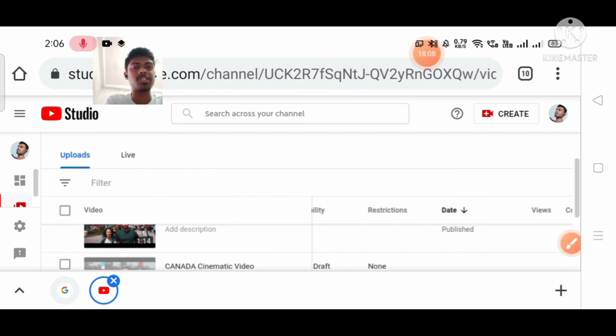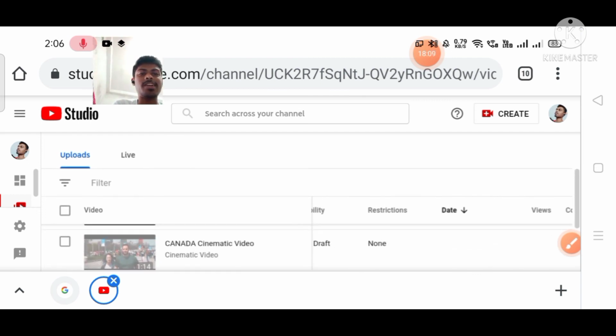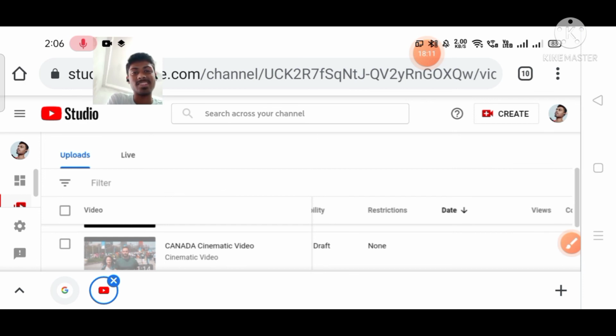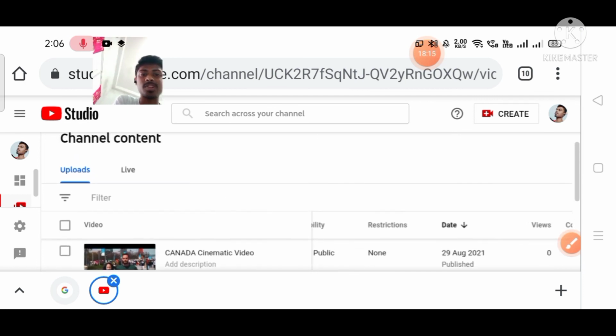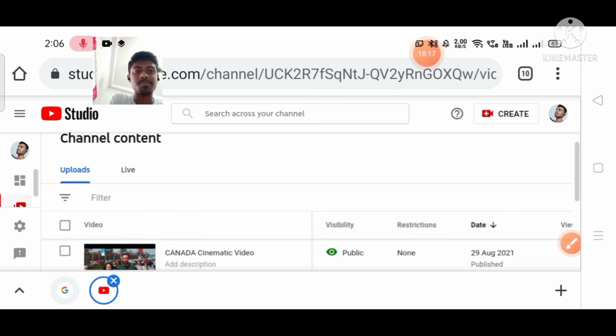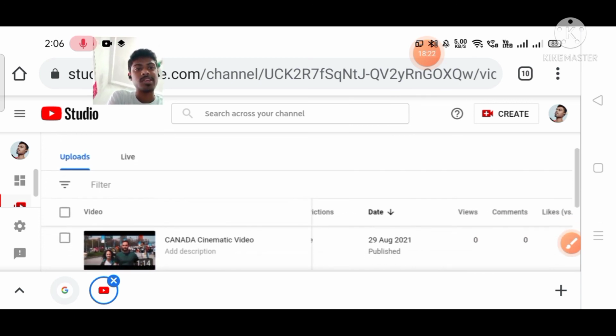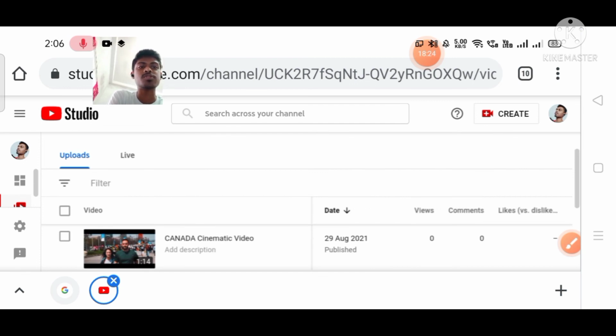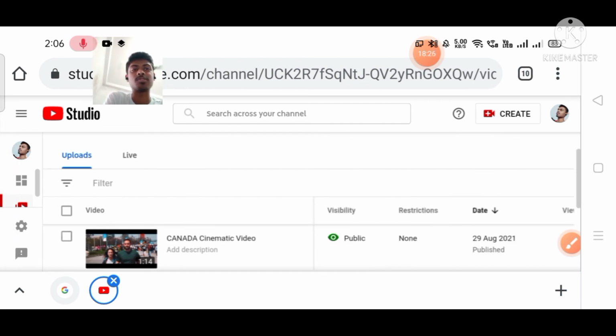Since the last one I just reloaded the page, it was saved as a draft which didn't get published, but this one is published. You can see it is written public. No restriction means no copyright strike or claims. It is public. There are no views, no comments, because there are still no subscribers.